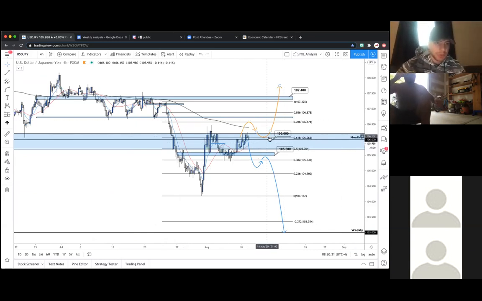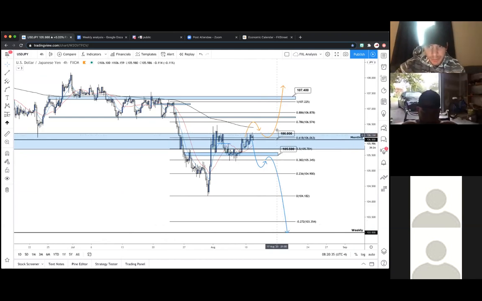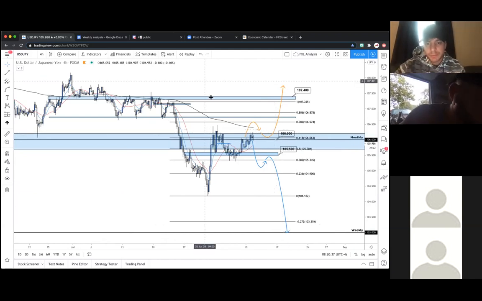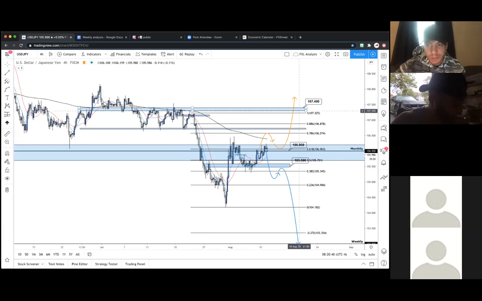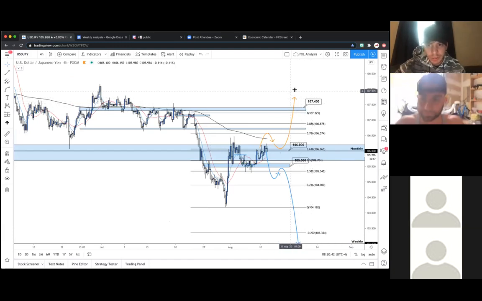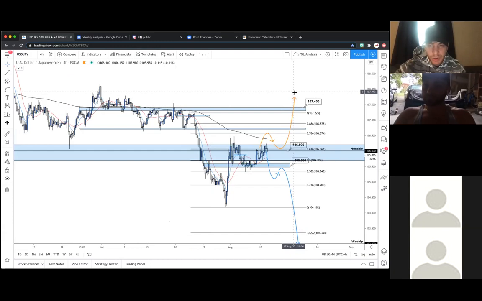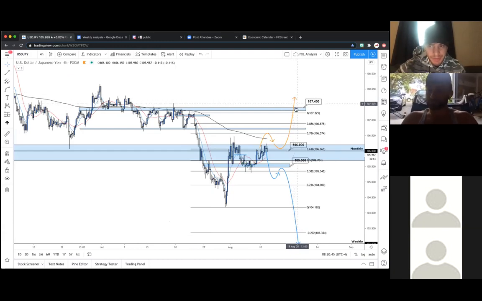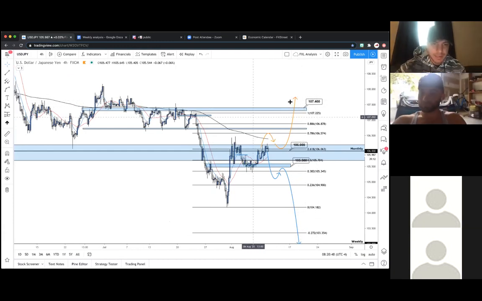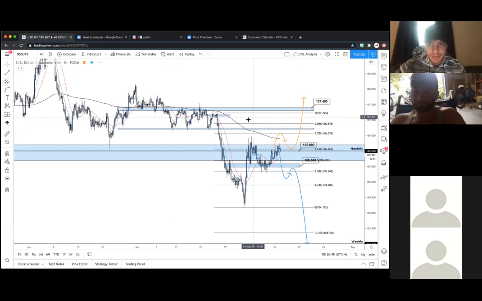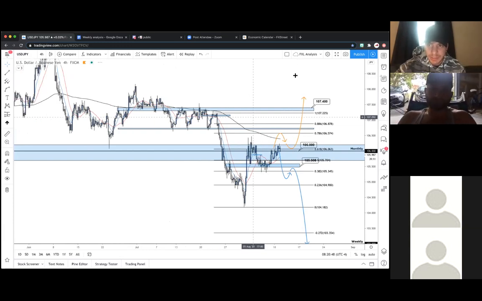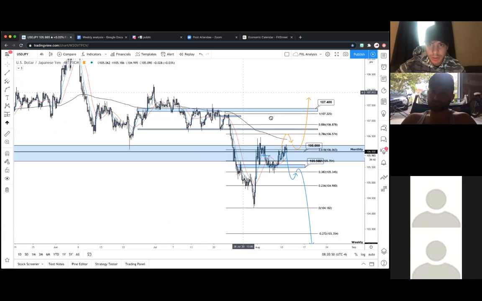And then we need to see some sort of higher low above this level. This could be an entry opportunity here, but the real break and real transition is going to happen once 107.4 is crossed, right? Once price action gets up to here, you start seeing higher lows above this 107.4 handle. That's a clean transition back to the upside, okay? And then we'll be looking for targets up around this weekly resistance and so on and so on.